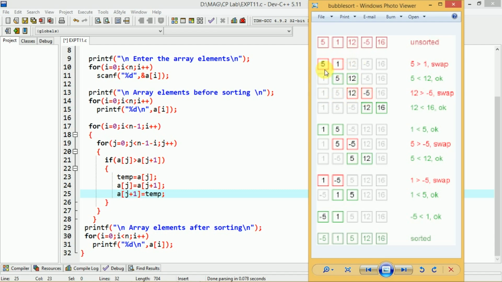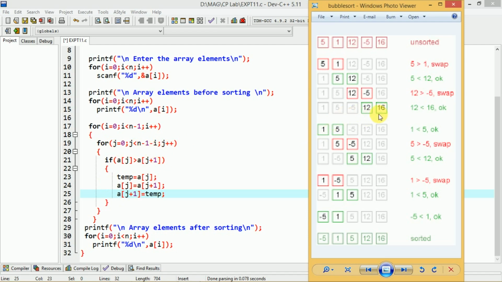So in this way the adjacent elements will be compared each time, and whenever the first element is greater than the second element, the swapping takes place. Understood this? So whenever the j value is incremented to 2, after that it becomes 3. After that it will become 4. When j becomes 4, the condition 4 less than 4 is false. So this time you have reached this particular line.